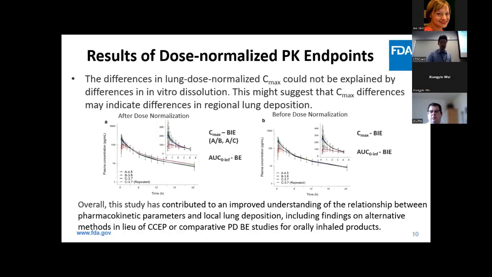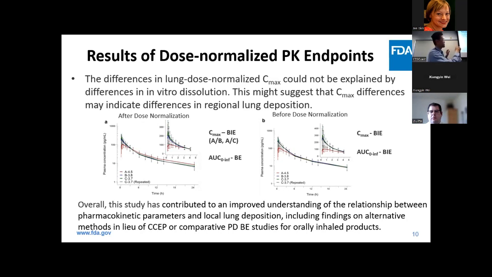Even looking at this example, the significant PK profile you can see can be generated from the different in vitro data. You're looking at a lot of variation from the different in vitro dissolution, also from the different mouth-throat models. Looking at the data set, because we normalized the data on the left, they're using a normalization factor. On the right plot, before normalization, those amounts are different. And then the AUC to infinity provides different